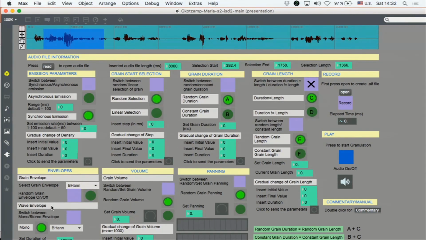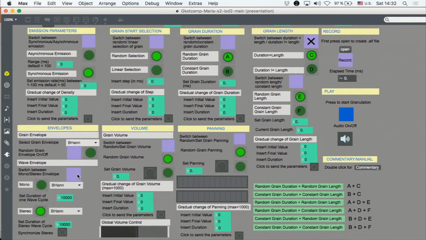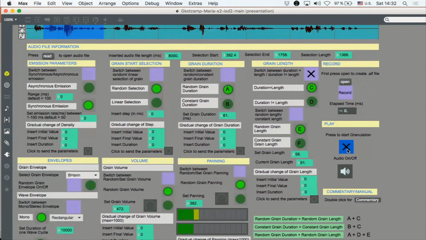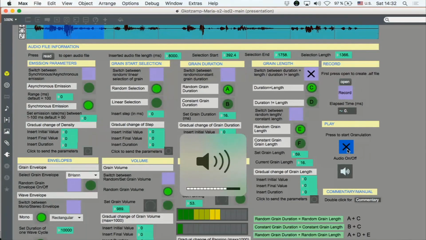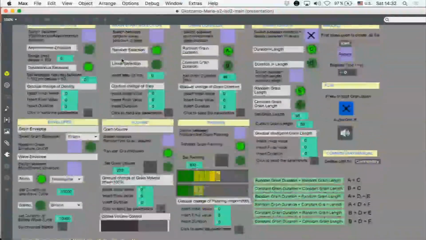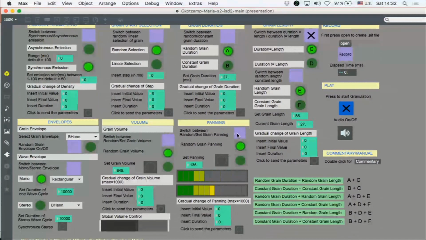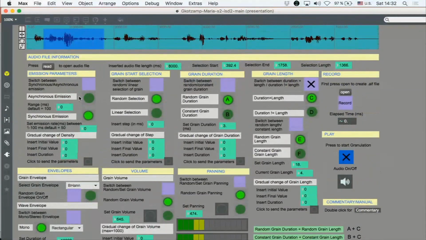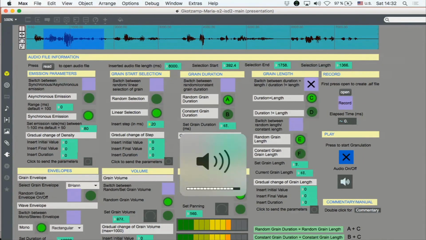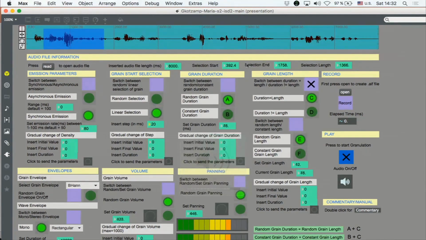I will deactivate all this random stuff I have on by default. I think it's clicking, I'm not sure why.